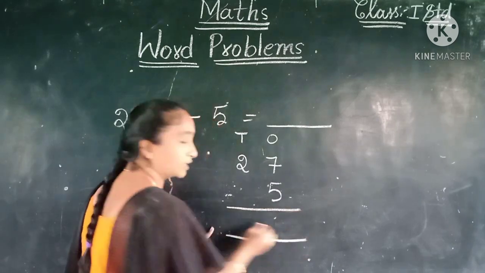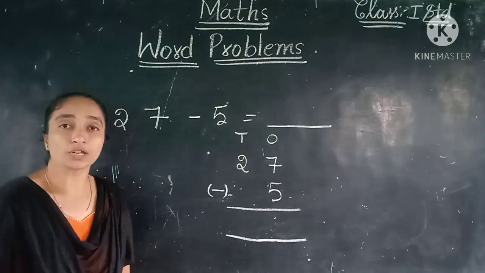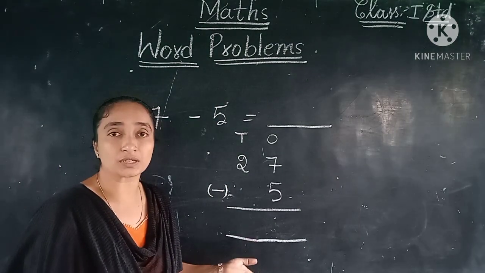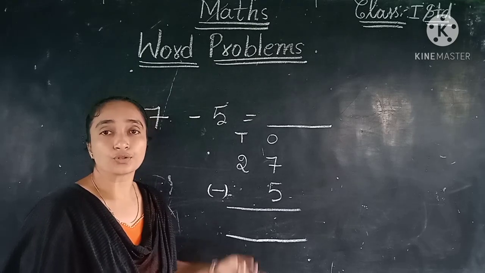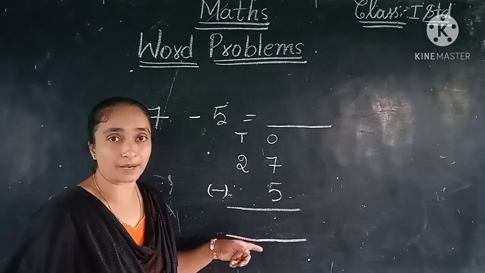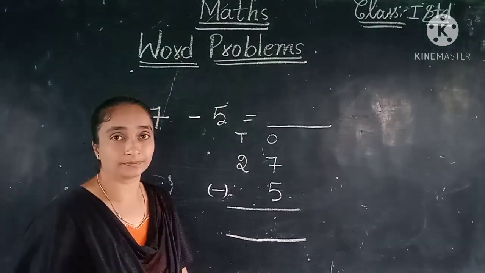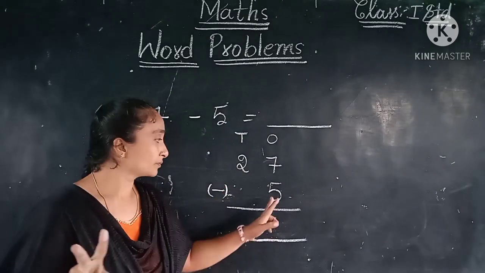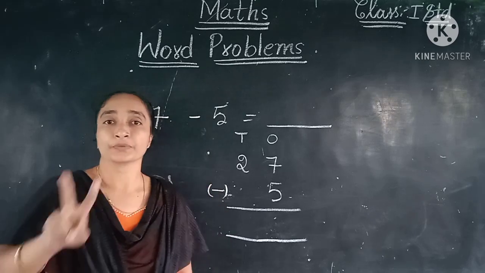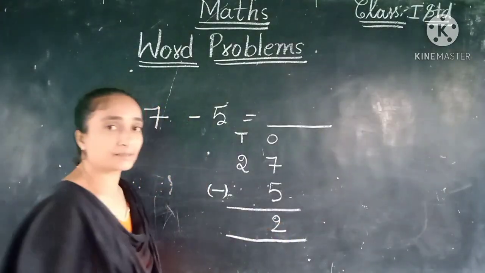So like this we have to keep, and the symbol we have to put. Without the symbol we don't know what we have done there, whether it is addition or subtraction. How could we know? So we have to keep the symbol there. Minus symbol, so we are doing the subtraction. Let us do the ones place. In ones place 7. The bigger number is 7, the smaller number is 5. 5 members are absent. We are subtracting the 5. Remaining 2, so in the ones place, 2 ones.